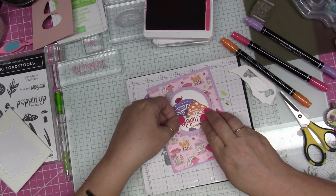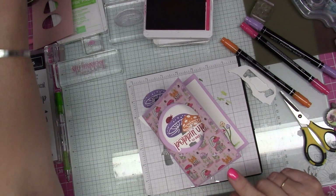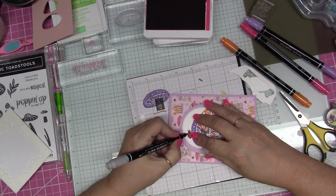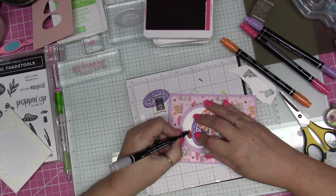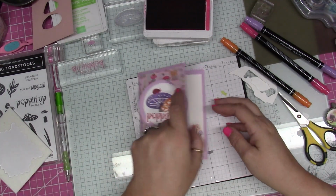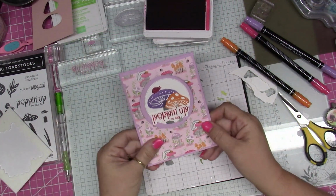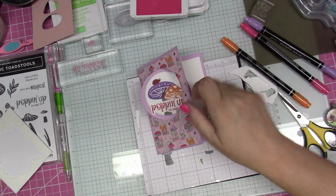Okay. Oh, I like this. You know what I'm going to do? I'm going to take the gray, because the only thing that's bugging me with this is that I didn't get it up far enough. I'm going to take the gray marker and just go over that. Look at that. I fixed it, guys. And you could definitely add some gems to that. There's a ton of things you could spice this up with. And then you open it up and it looks just like that. Isn't that cute? So, I mean, the ideas are endless with this little fun